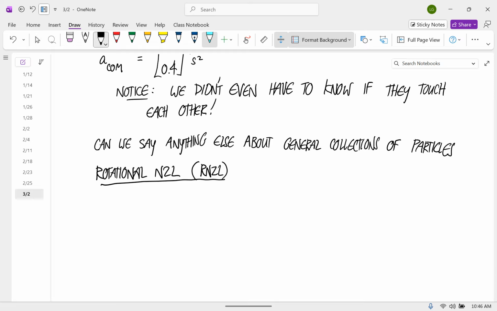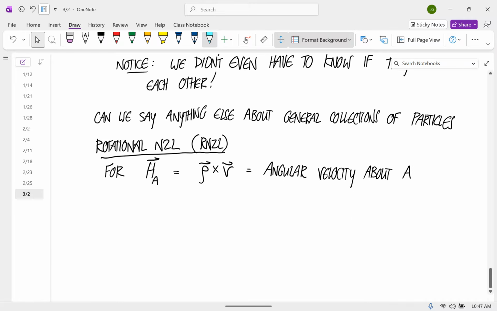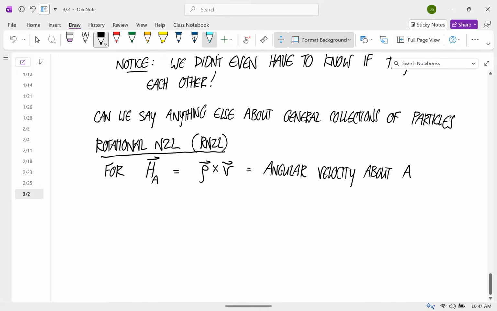So I'm going to define capital H sub A as a vector equal to a row vector that goes from the about point crossed with the velocity vector. And this is called the angular momentum about that point A. And rotational Newton's second law says if you take all the external moments applied about that point A,